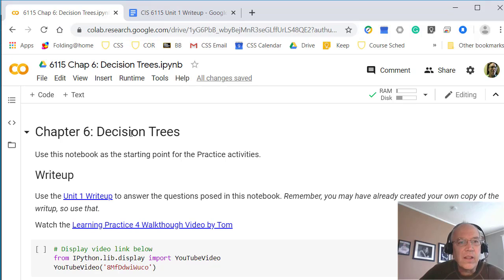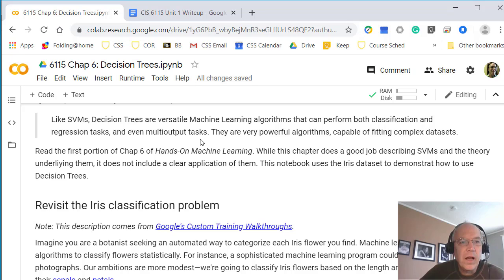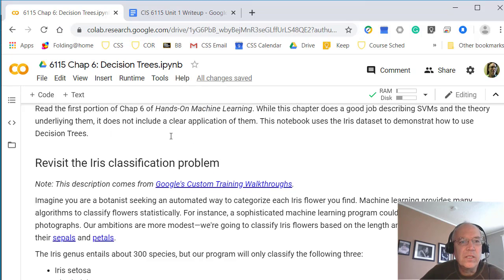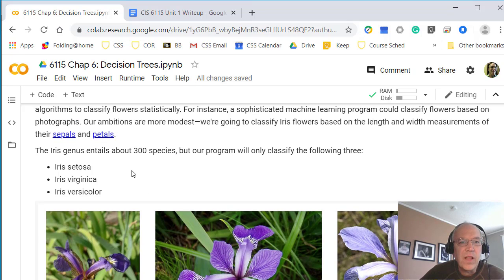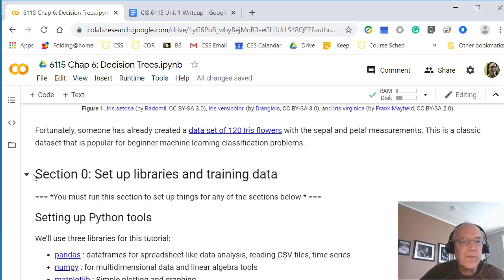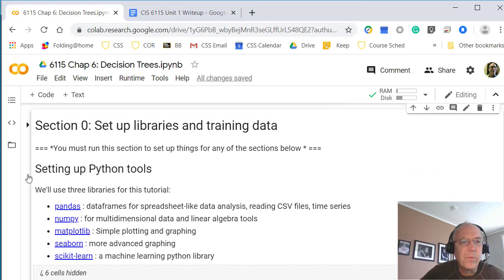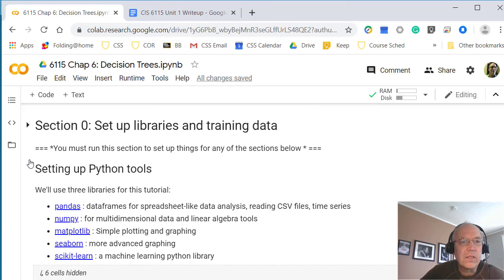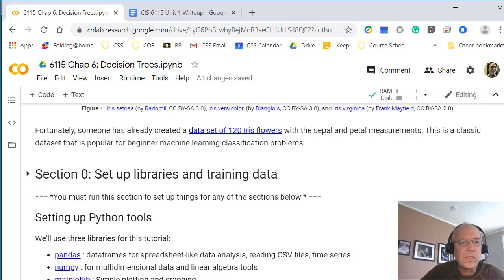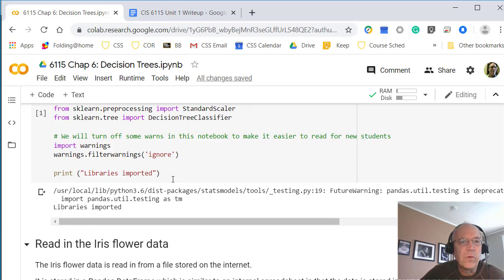And I think, again, a lot of this material you've seen before in some way, but we're looking at it more from a machine learning perspective and how we set it up in our notebooks here. So, a little introduction to decision trees here, and then our iris database, which we're familiar with, our three types of iris flowers. Again, our notebooks are structured with these different sections, but this one is relatively simple. I think we just have these two sections in it. So in section 0, we're going to input